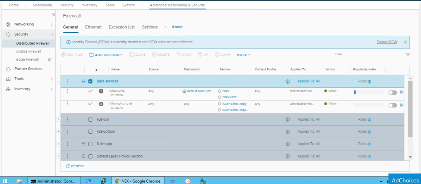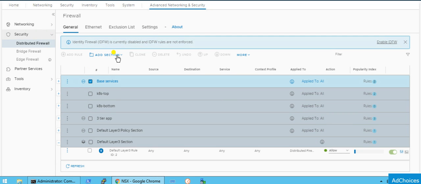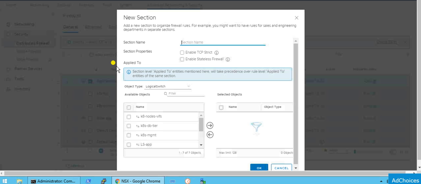Okay, so I'll add a section here. Just collapse it. I'll create a new section and put the name 3-tier app rule, and you need not select anything here.